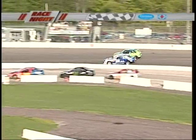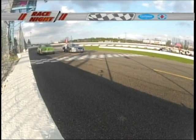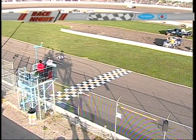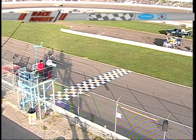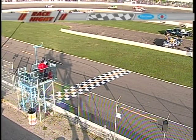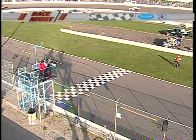And as they come to the checkered, this one belongs to the 11, Adam Meisner. Doug Butler second, Will Davies, Justin Holmes, and Ryan Toon. And as he rolls into victory lane, let's give a big